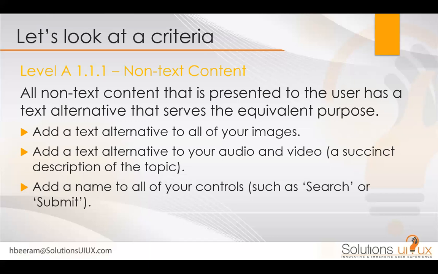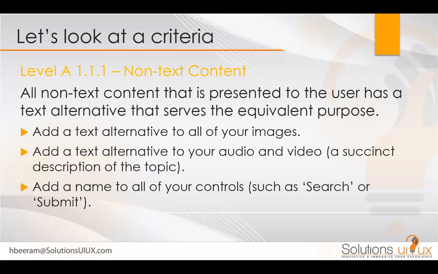And then adding text alternatives for audio and visual video content. It's a very clear description of the topic. So when you have a text alternative for audio and video, you could have a full transcript, or while the video is playing, you could have closed caption text at the bottom, because this is for people who cannot hear, and they can still read the text. So that's one other way of giving alternative access for people with disabilities.